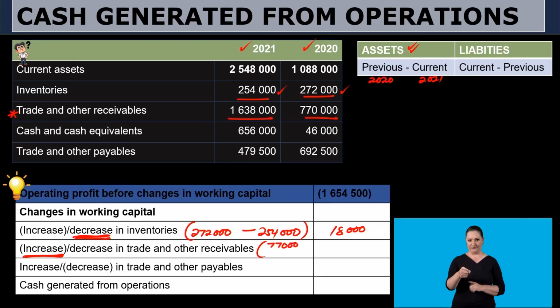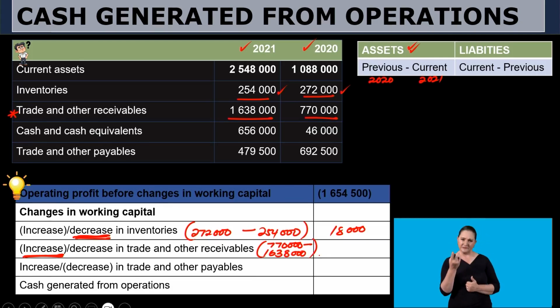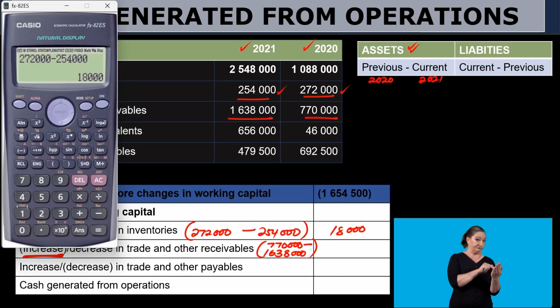770,000 minus current 1,638,000. I close the bracket. Let me see if I punch this in the calculator. What am I going to get? When I come to my calculator, I'll now say 770,000, then I'll say minus